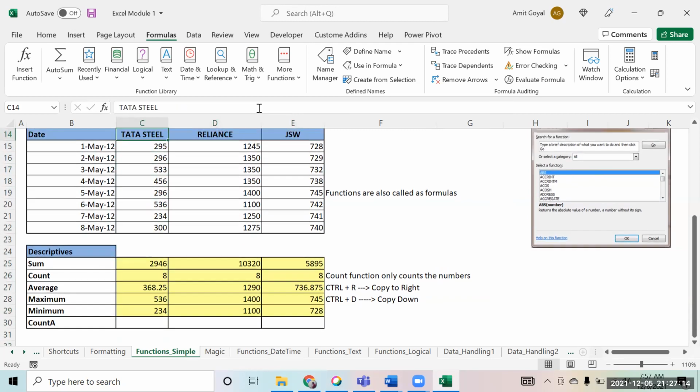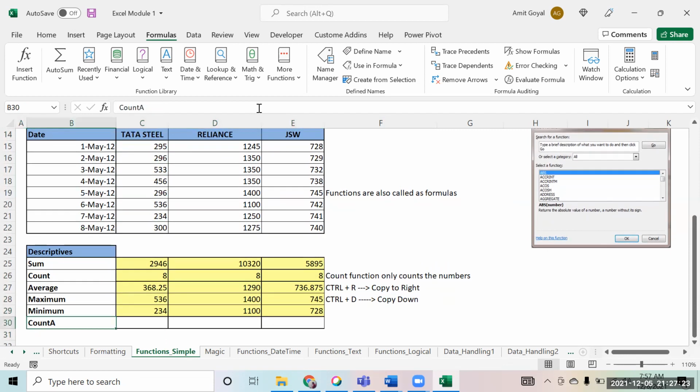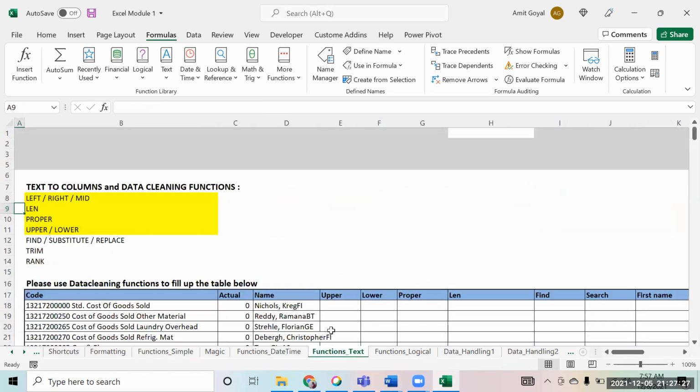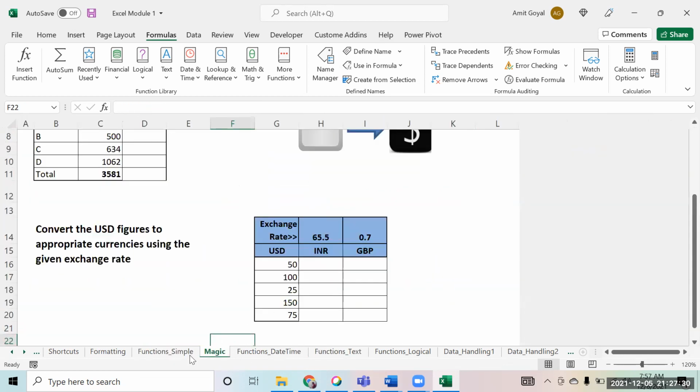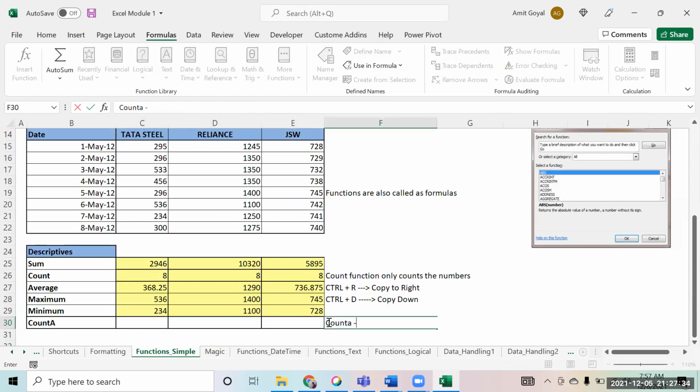Now previously we were talking about a function that was count. I told you the count is a function that counts only the numbers. Likewise, we have a function that is called count A. What count A does is, this function counts